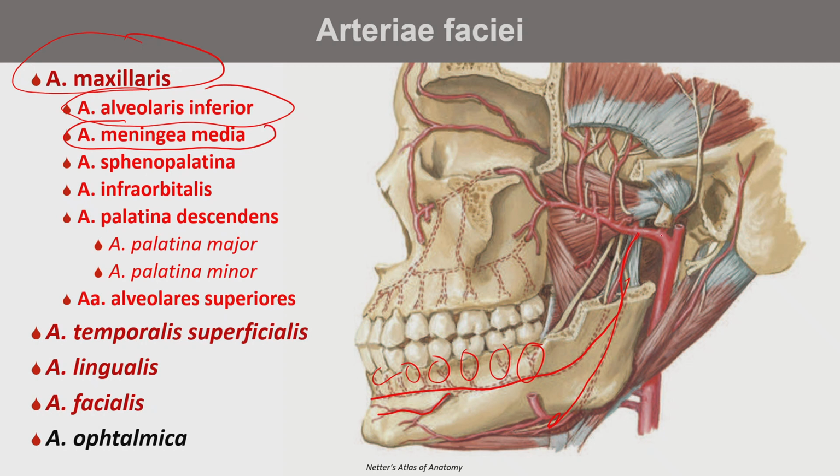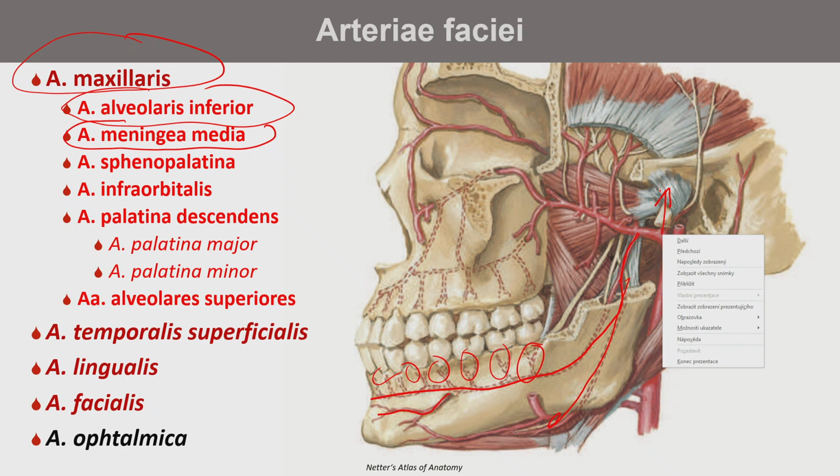Meningeal media is an artery which is going up and entering a very important point, which is called the foramen, where is the meningeal artery, which? Super. Foramen spinosum. Foramen spinosum is a point where this artery is entering intracranial space, supplying the meningeal coverage of